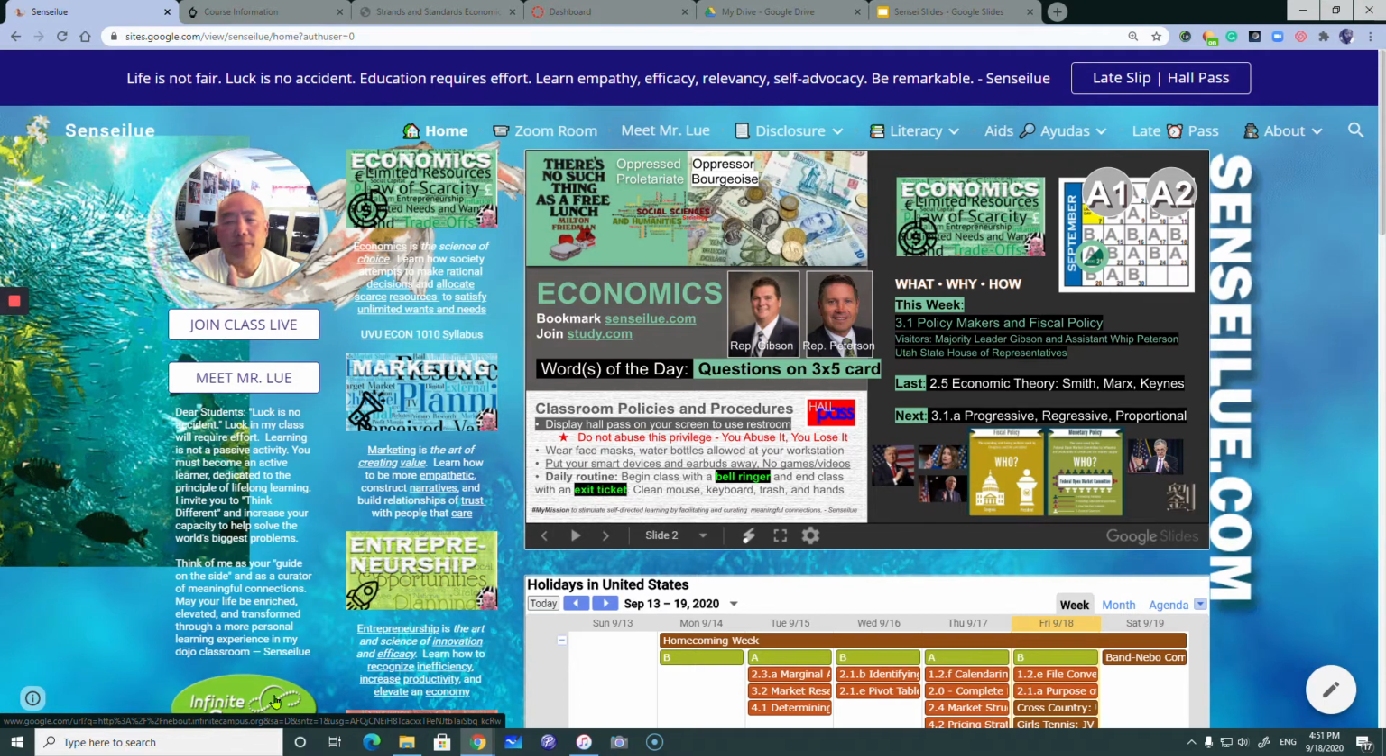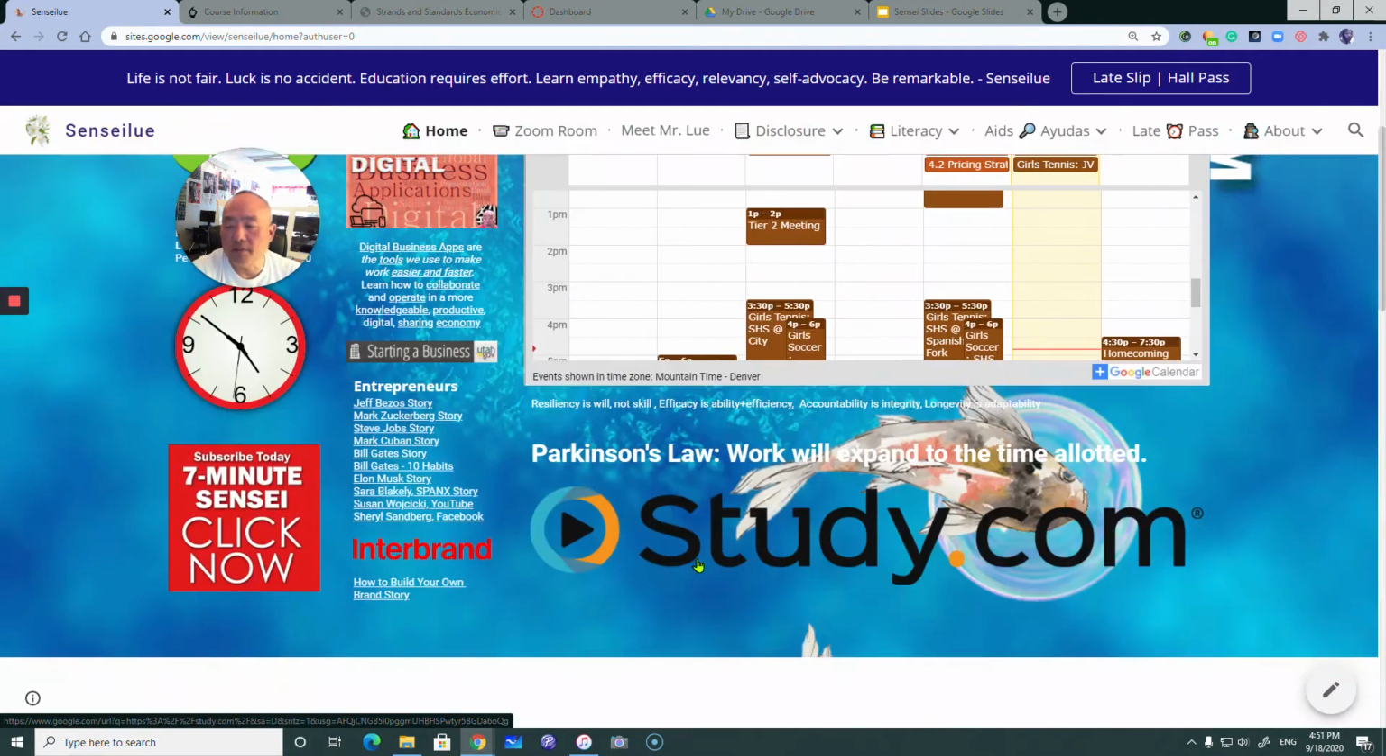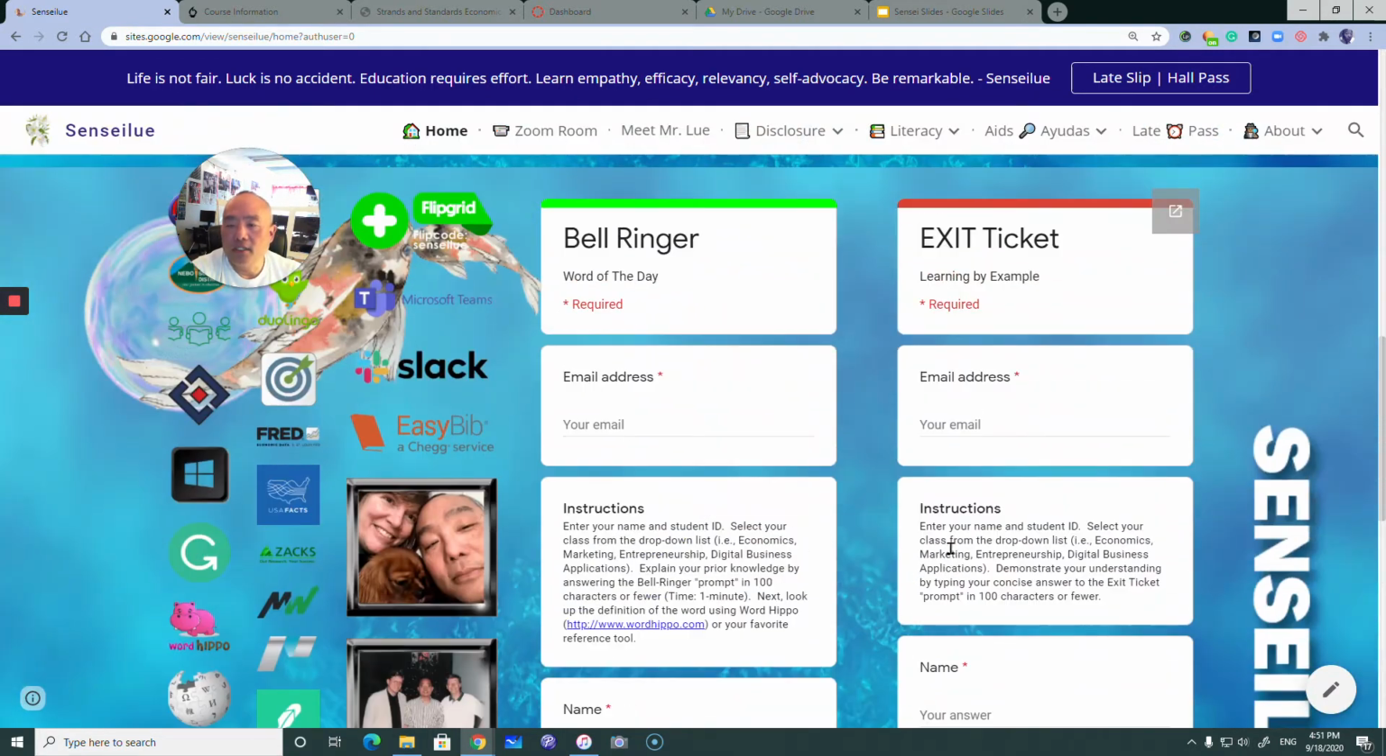After that, at the end of the class, so I have a bell ringer at the beginning, and that bell ringer is a word of the day. In this case, we don't have a word of the day, but we might have, as we have had in the past, a word of the day in this class as fiscal policy. And the students are supposed to attempt to answer questions in my bell ringer, and it's all digital, it's all online. So they come and scroll down on this website here, and as you can see, there is a bell ringer. And they can click on the bell ringer,